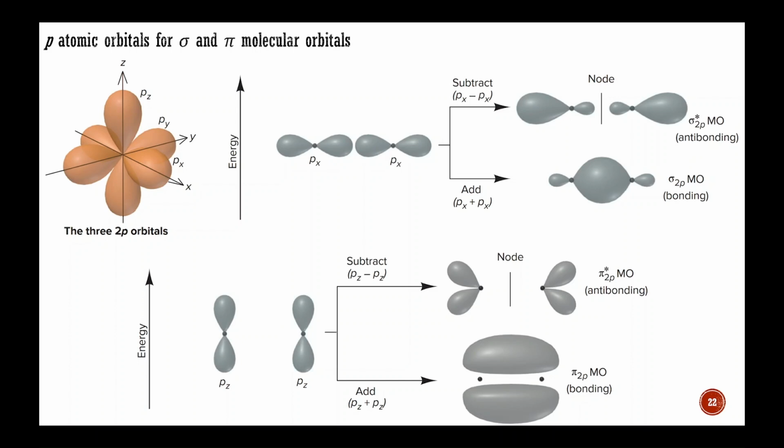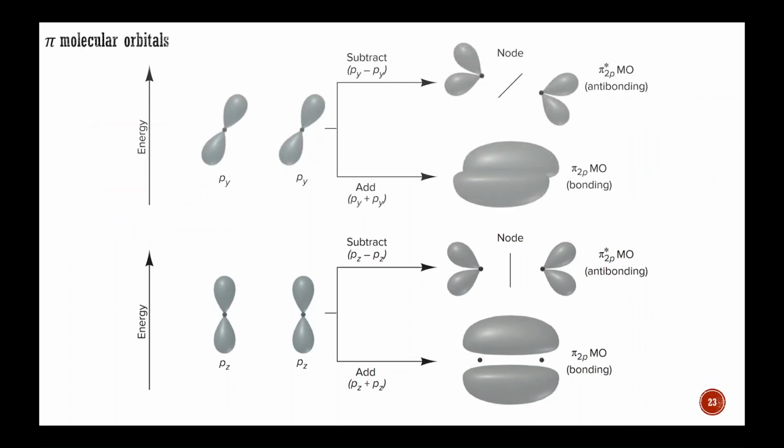orbitals. In the top right corner of the screen, you can see not only the shapes of the sigma molecular orbitals generated from p-atomic orbitals, but also their relative energies compared to each other and the starting atomic orbitals. Atomic orbitals that are aligned parallel to each other, like the py and pz orbitals, combine to form pi molecular orbitals. Please note that the corresponding antibonding molecular orbitals are designated as pi star to distinguish them from the bonding